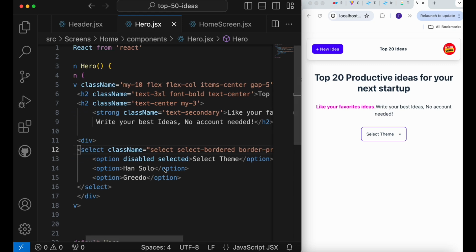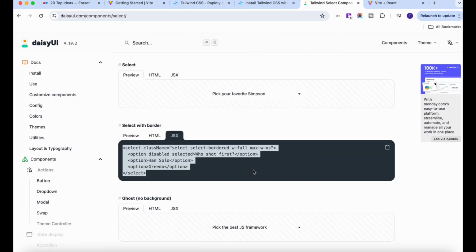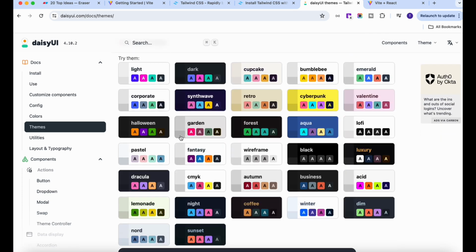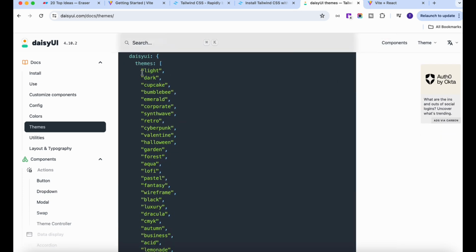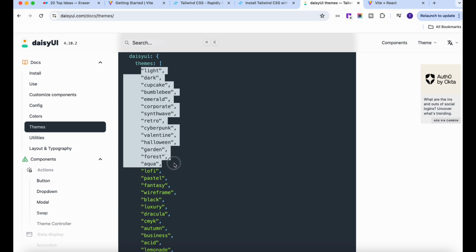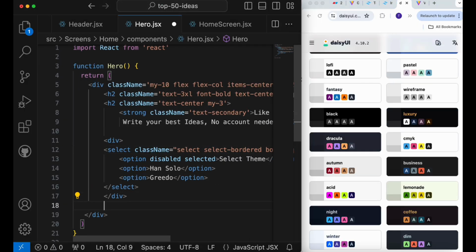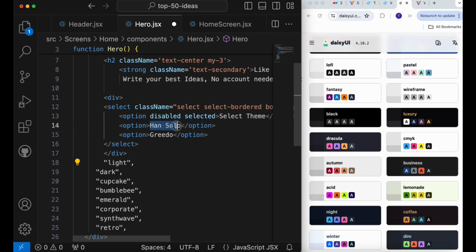Now next thing, we need to add the theme color over here. So in order to add the theme color, let's go to the Daisy UI theme, and over here you will find the name of the theme, right? So you can copy some of them. So let me copy, not all of this, but I will copy this one up to this point. Okay, and I want to add it, so I will keep it here, and one by one I will add over here. So first is light, quite easy, then dark,